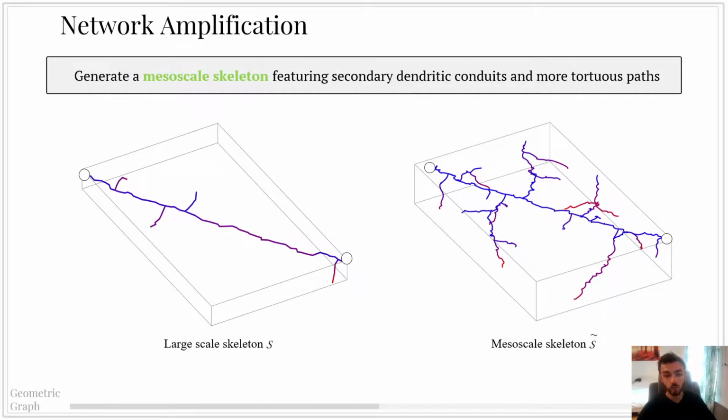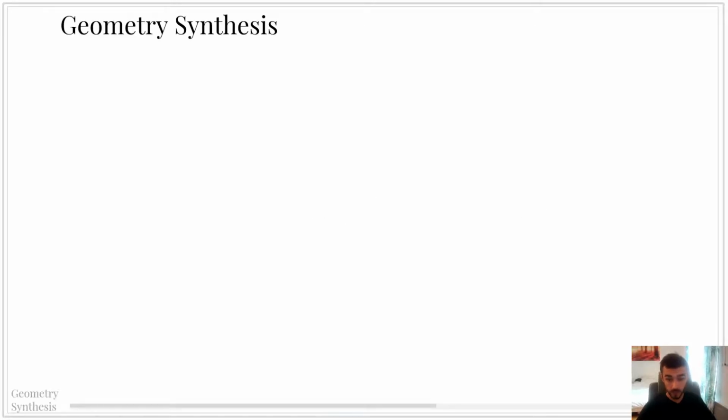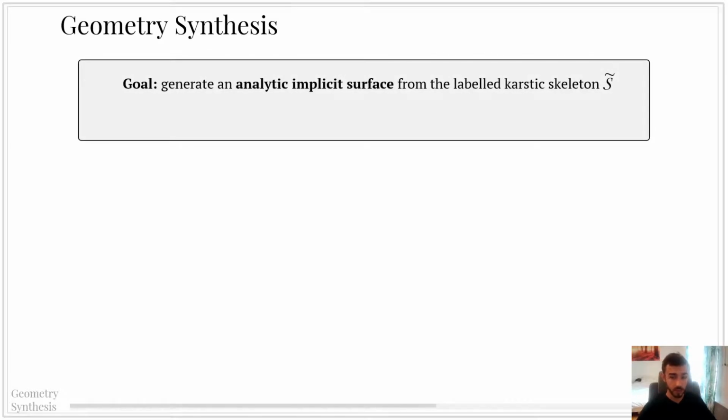Finally, we perform midpoint subdivision algorithm parameterized by a tortuosity factor. Each tunnel section in the mesoscale skeleton S tilde is then classified according to its geomorphological properties. The last part of our pipeline consists in synthesizing the detailed geometry of the tunnels from the labeled karstic skeleton. More precisely, we want to generate an analytic implicit surface defined as a continuous 1-Lipschitz signed distance function that